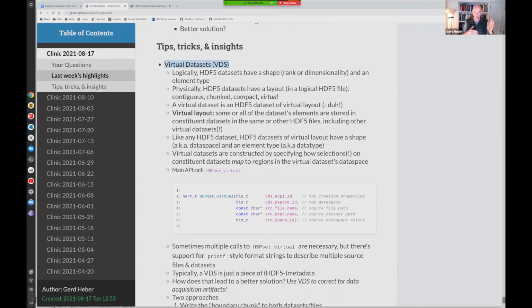It's an n-dimensional, multi-dimensional array, with rank or dimensionality, and it has an element type. Since it's a dense, rectilinear array, each cell is populated with an element that has a certain type, integer, float, or something more complex. That's a logical thing. The variable, the data set, has a shape and an element type.